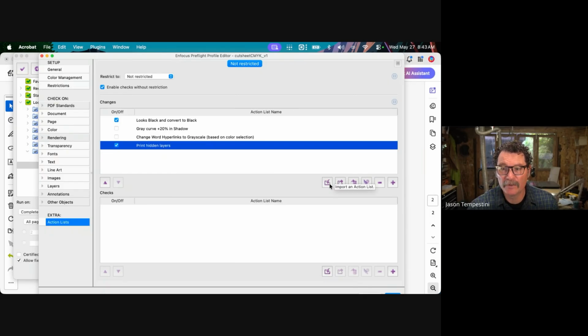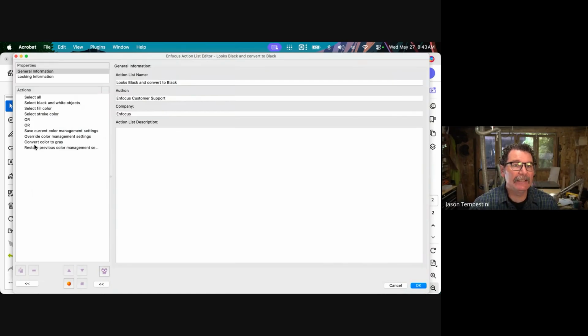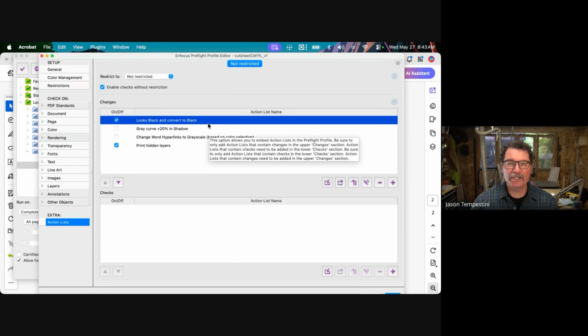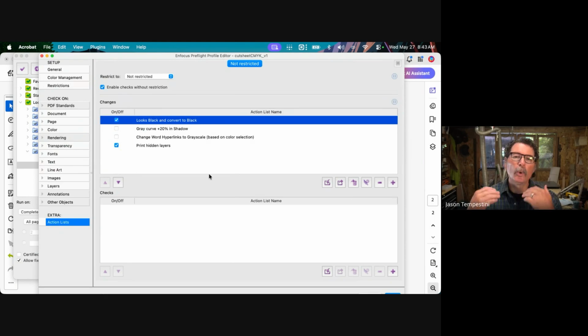You can import them from your action list. But it's very important to remember something here. I can double click on this and I can edit this action list. It is not changing the looks black and convert to black action list that this came from. You are importing action lists into here. And when you get them imported, you now work with them inside this environment. You're not updating both sides. So proper procedure would say that you only edit your primary action lists, and then you delete and re-import them as you want to. You can get into very extensive use of action lists inside of Preflight